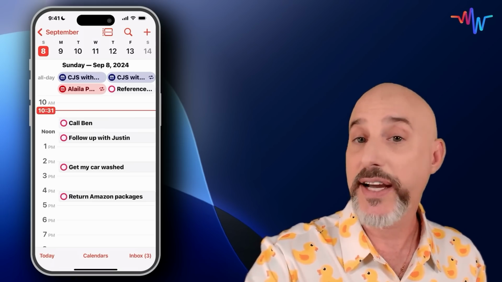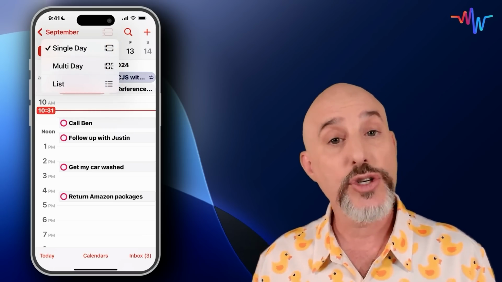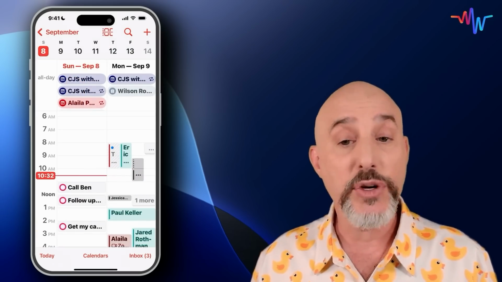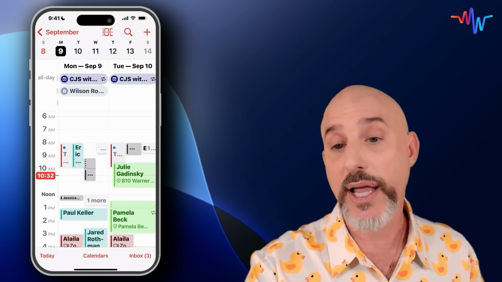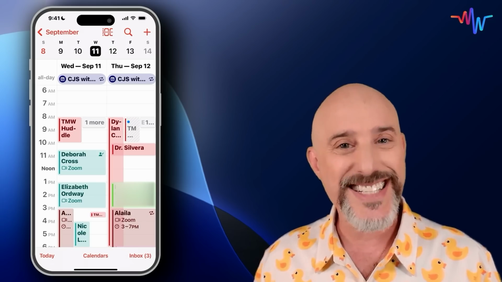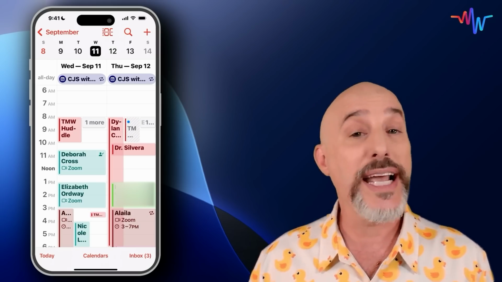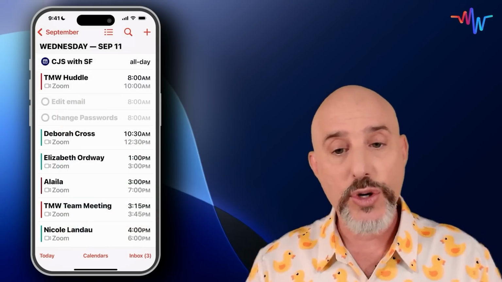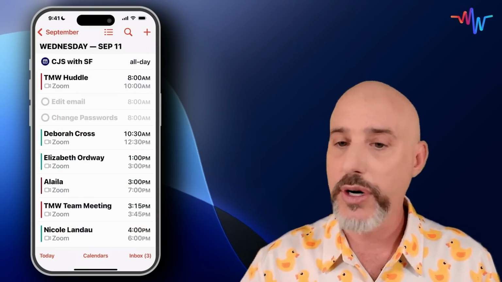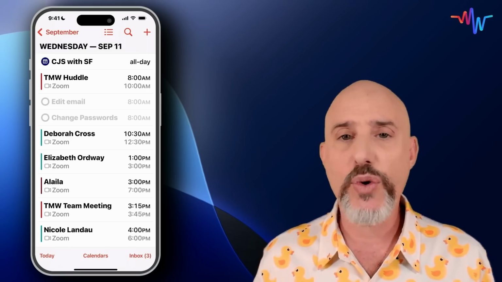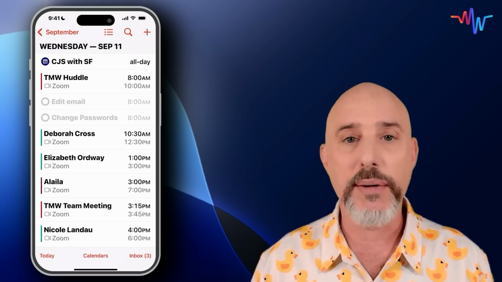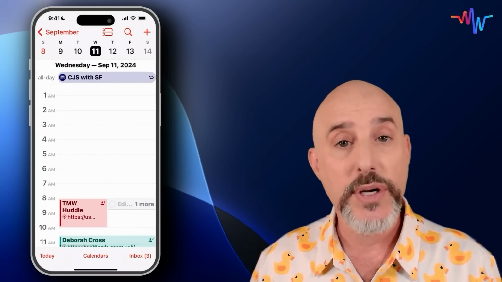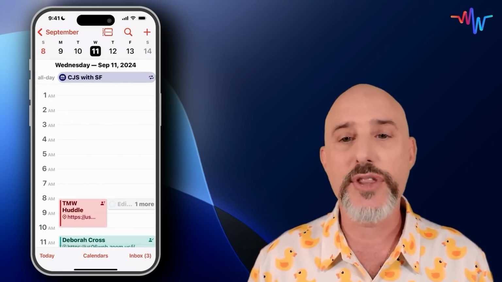Up at the top, if I click that view icon again, I can choose the single day view, which is my standard, or the multi-day view, which gives you a couple of days in a row, allowing you to scroll through it in order to see each day while still looking at the prior day. Clicking it again will give me the list option, which shows all of my events in order, one right after the other, giving me a great bird's eye view of my entire upcoming calendar. I personally prefer to leave it on the single day view, but there's another change to calendar that is critical,